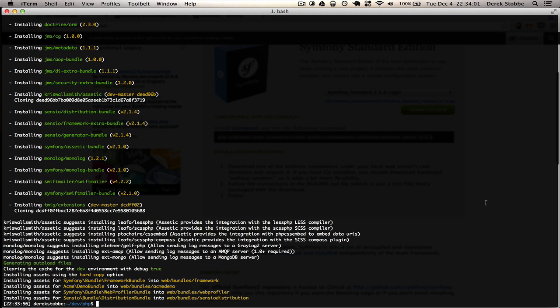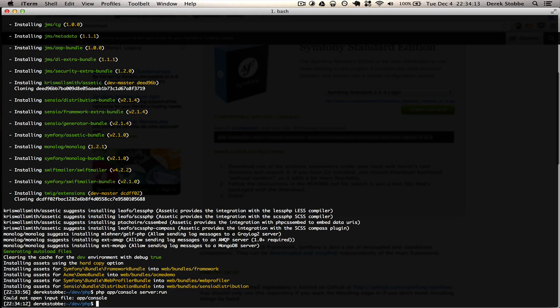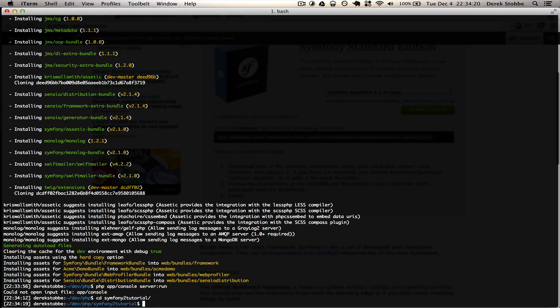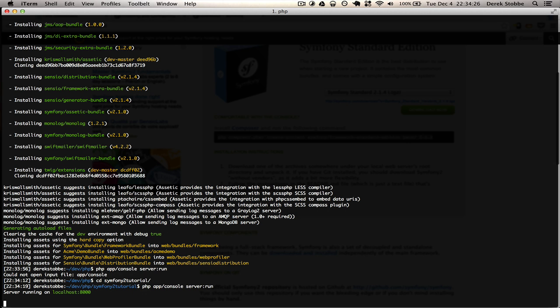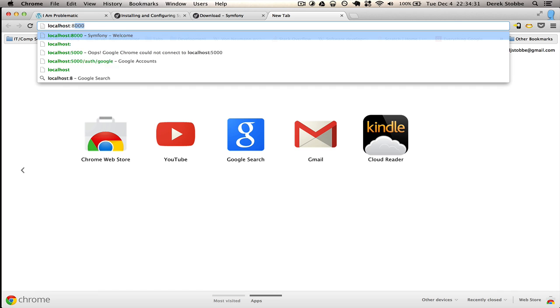Now, I'm using PHP 5.4, and it offers a great new feature of a built-in web server, and Symfony leverages that now. So I'm going to go ahead and run php app/console server:run. What I forgot to do is change directories into my project directory. So php app/console server:run. It's going to start the server on localhost:8000 by default. So let's hop over there, and